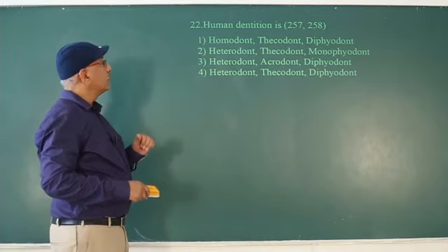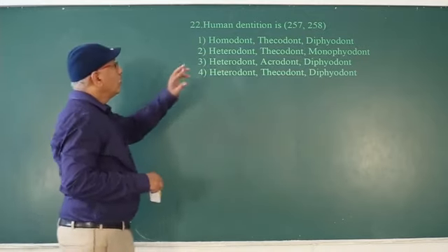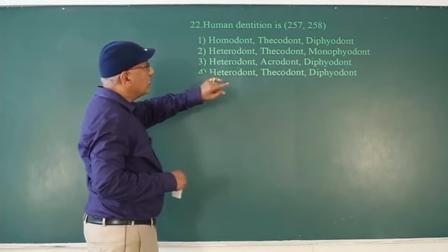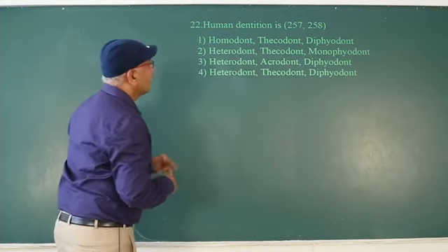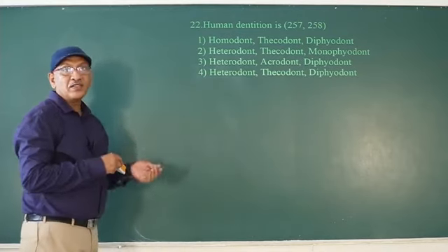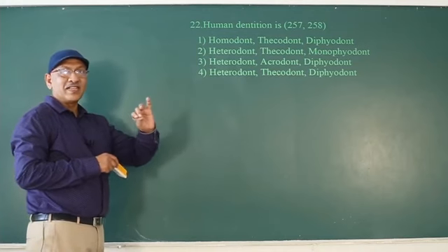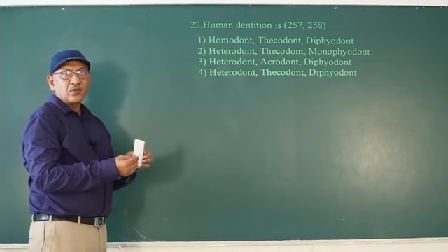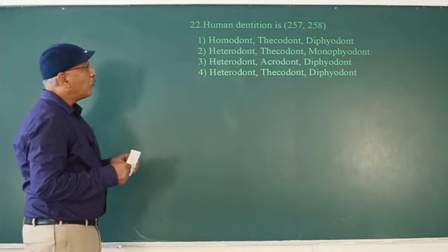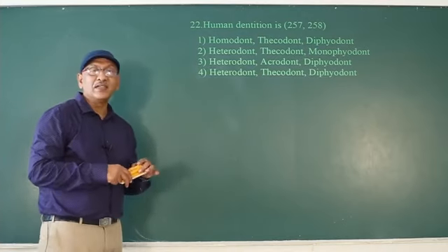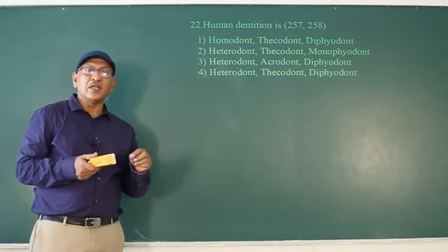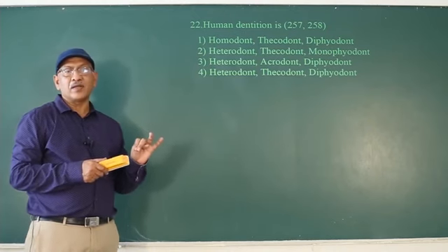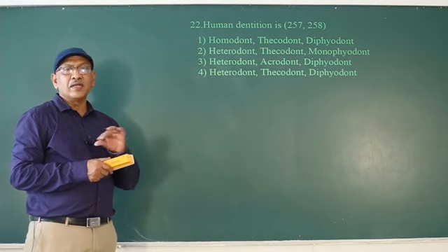Human dentition is homodont, acrodont? Acrodont: type of dentition seen in Pisces, amphibia, reptile. Homodont means the teeth are the same, only one type of teeth present. If teeth are directly attached to the jawbone, acrodont. Polyphyodont means old teeth are replaced by new teeth several times. This type is seen in Pisces, amphibia, reptile. What about aves? In aves, teeth are absent.